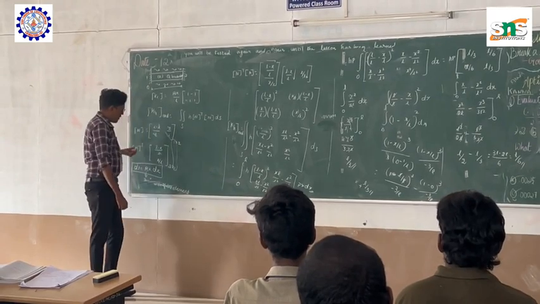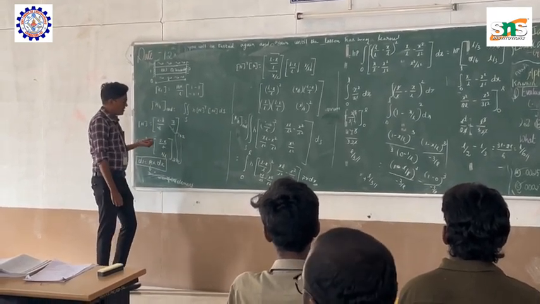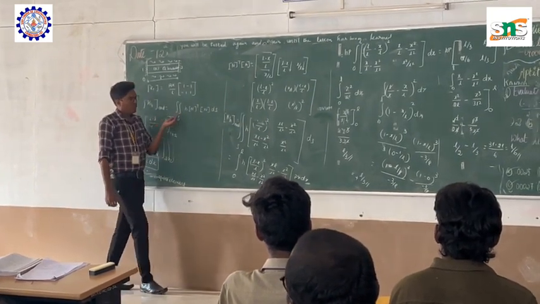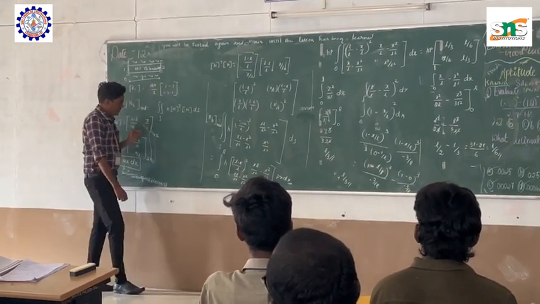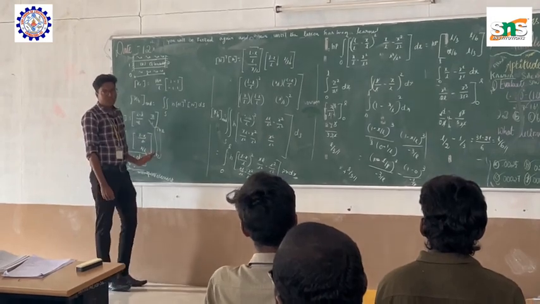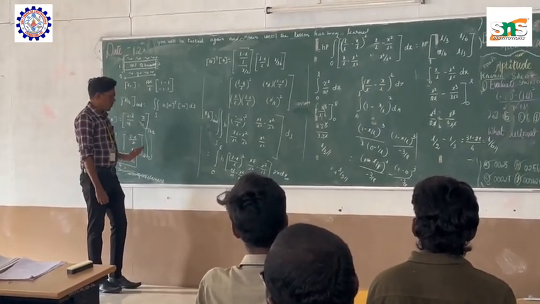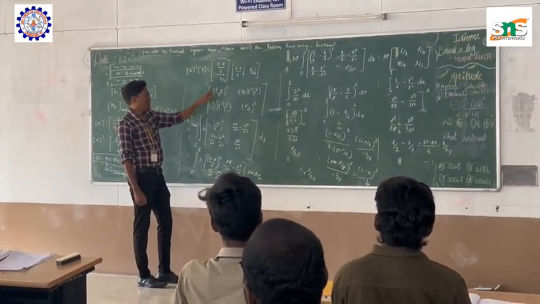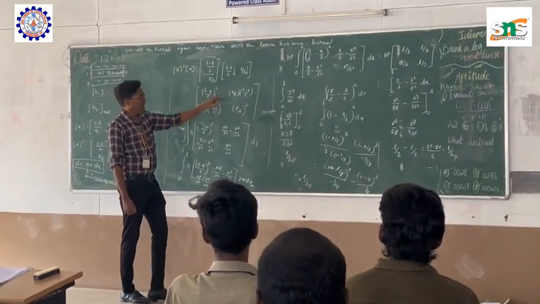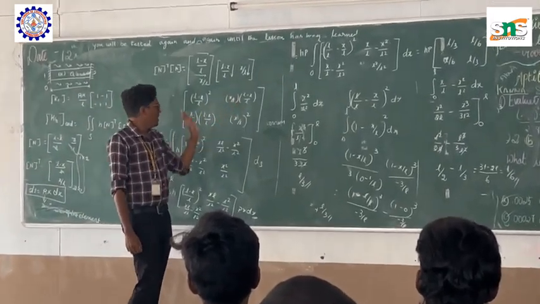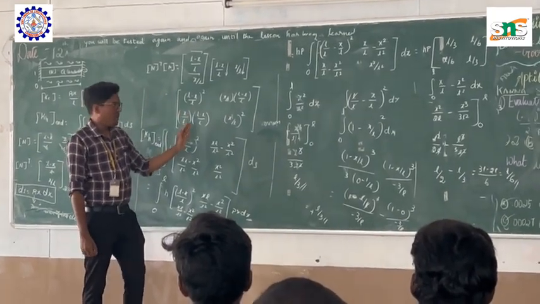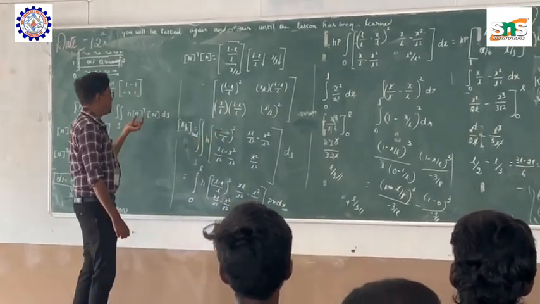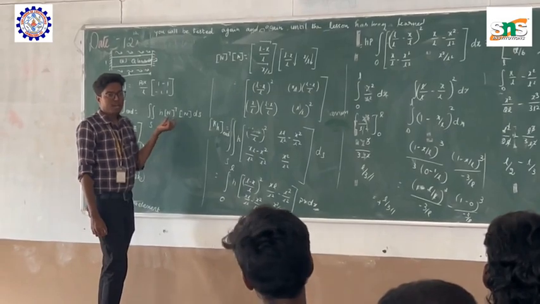Clear? Then we have to analyze the N transpose. That is L minus x by L, then x by L. So you have to multiply two matrices, like a 1 into 2 and a 2 into 1 matrix. So you get the equation of this one. What is the equation we get? That is (L minus x by L) the whole square, (x by L)(L minus x by L), (x by L)(L minus x by L), (x by L) the whole square. That is the formula you have to arrive at. Then you have to solve the equation of N transpose N.